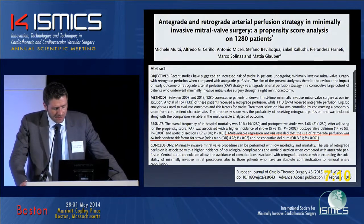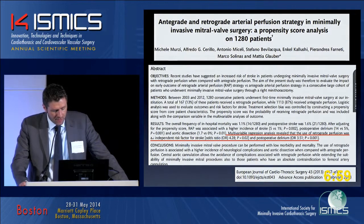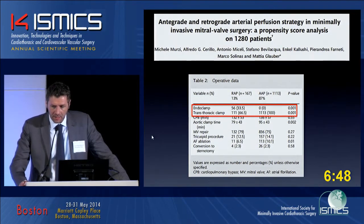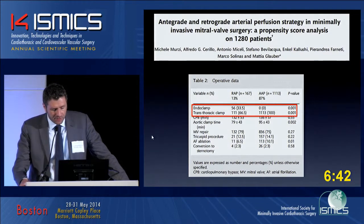So very briefly, this is a paper that was published last year by an Italian group, by Dr. Glauber's group. And as you can see, it is outlined how these authors found that on multivariate analysis, the use of retrograde perfusion was a risk factor for stroke and also delirium. However, and this is what I'm going to show you in the next few slides, when you are going into the details of these papers, you often find that there is an association between the use of a retrograde flow and the endoclamp. Like, for example, in this study,